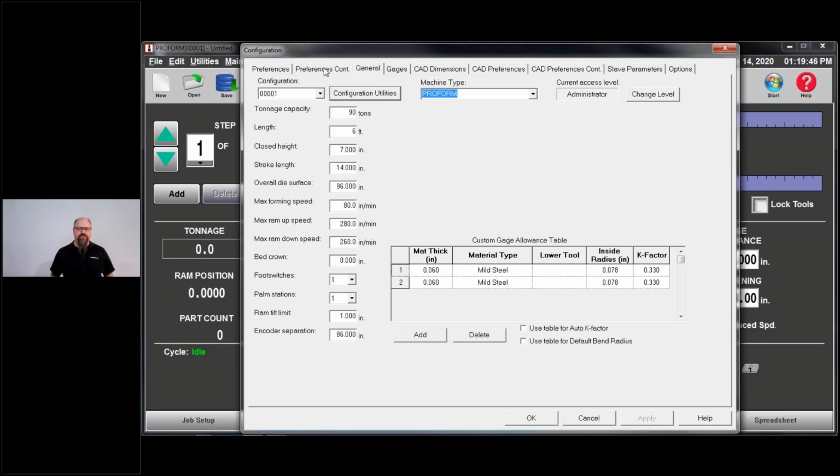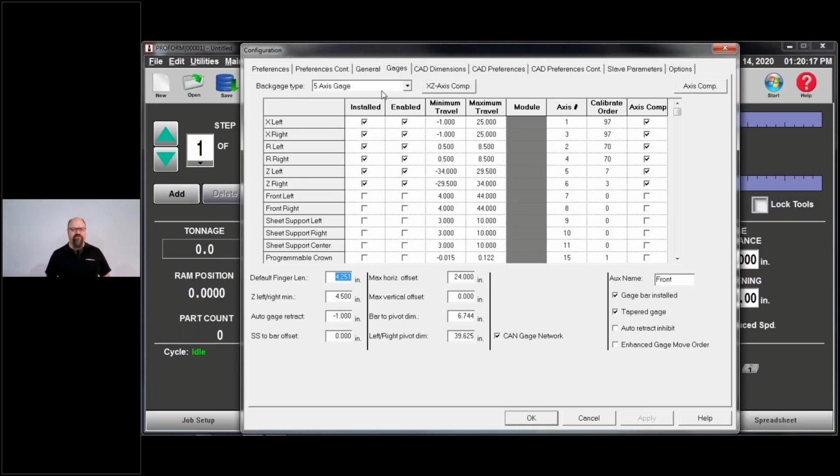So in general, this is your machine. In this case, this is the generic machine that I created for this presentation. As you can see, my serial number is 1, and then I just generically entered these numbers in. Yours will come from your machine. You can either look at literally your machine configuration file and type this information in manually in the offline software, or you can import your actual machine config. Gauges will actually come from your configuration.